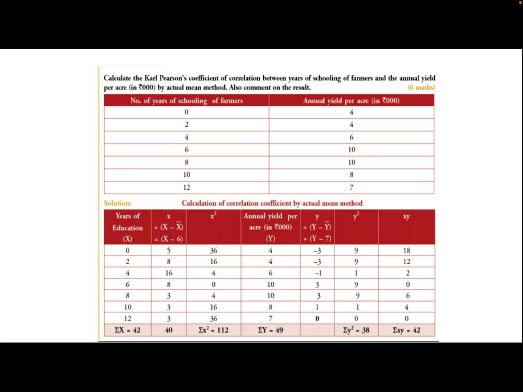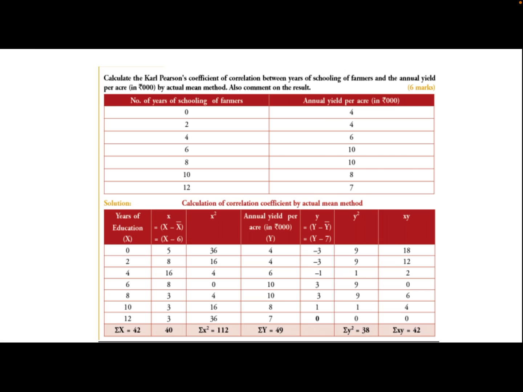So x square. We repeat the same steps for the variable y. Number 1, we find out the mean of y. We subtract the mean from all the values of y to get deviations, which we denote by small y, and then we square the column. And finally, we multiply the small x column with the small y column to get xy.